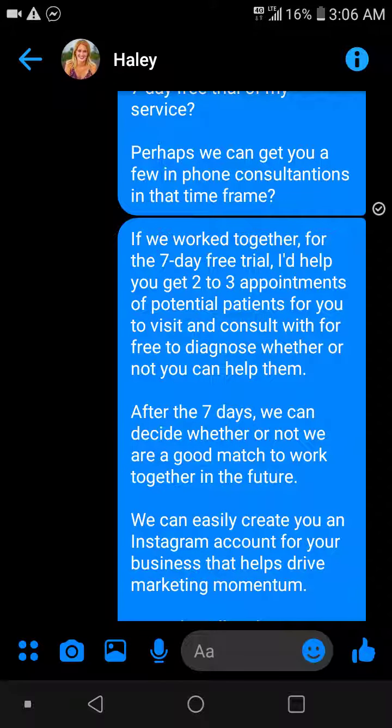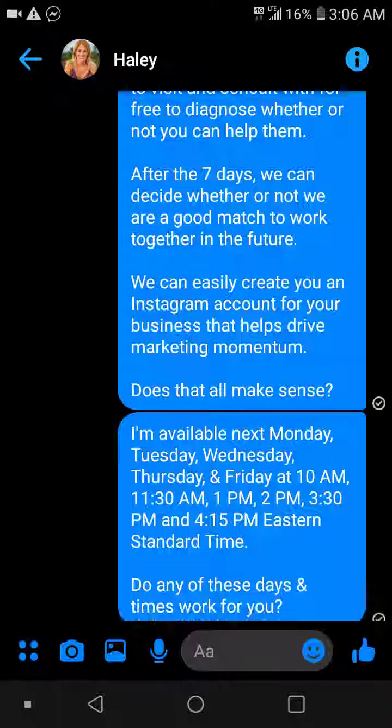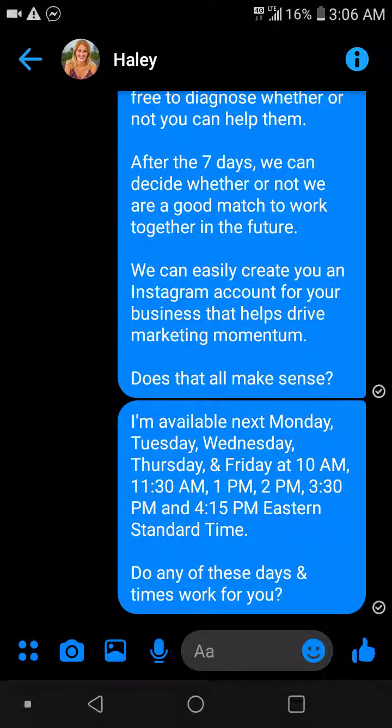And then if they don't respond again, but they see it, or even if they don't see it, another 12 or 24 hours later, you can send this third message. Because sometimes when they see this, they'll be like, oh, sure. And then you can just say, all right. Well, actually, you can just copy and paste this last template because,